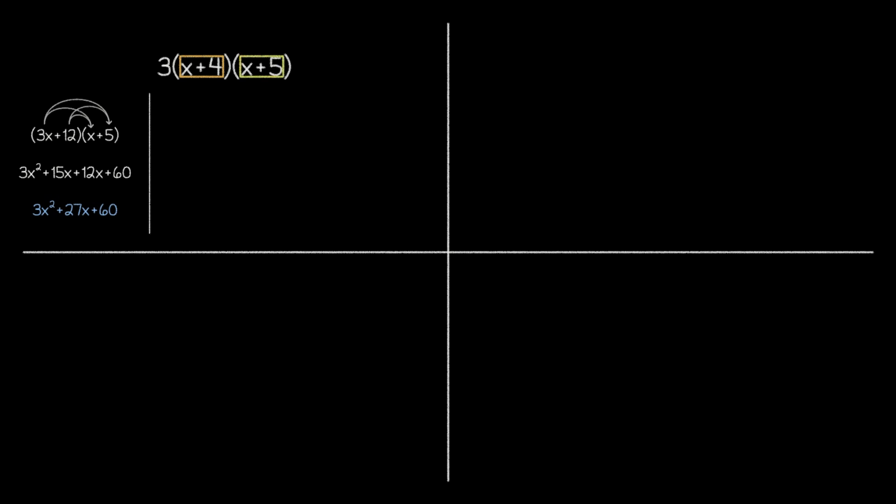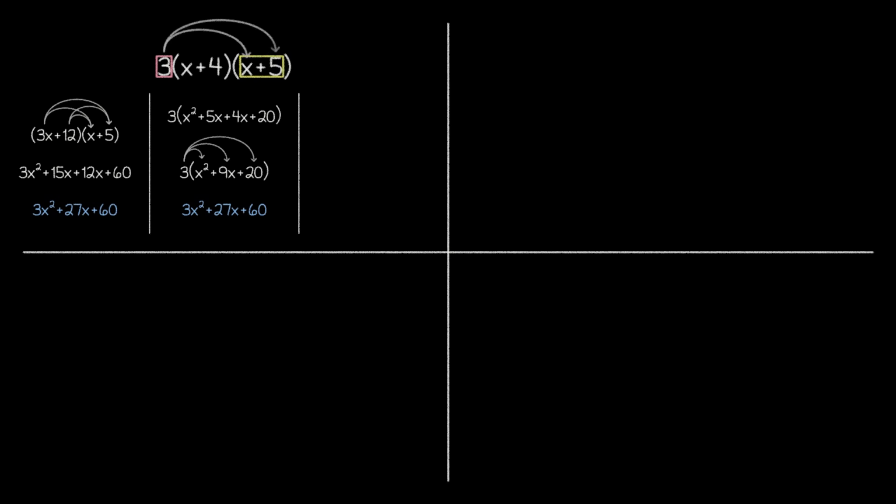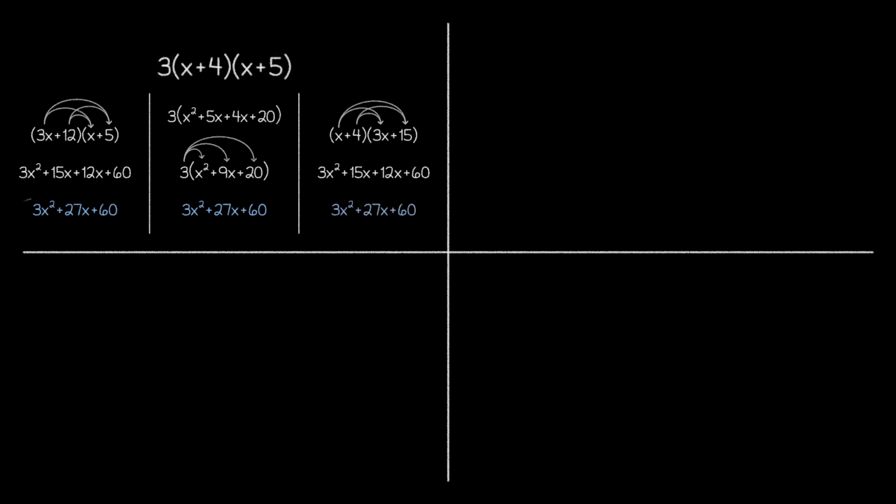However, we could also have chosen to start by multiplying the two linear factors first. In this case, we would temporarily ignore the 3 and do our double distribution between these pieces. Then, once we get a result for our first product, we would distribute the 3 to finish things off. And of course, we could have also chosen to start by multiplying the 3 times the second linear factor and gotten the same result. Regardless of which method we choose, notice that none of these match our initial attempt at distribution, since the 3 can only be distributed over one of these linear factors, not both.